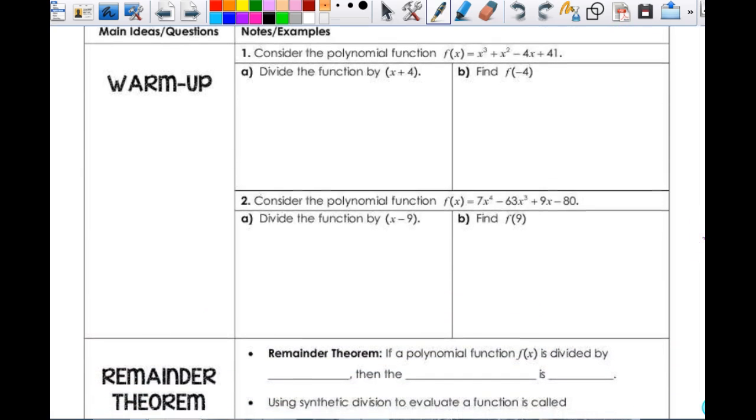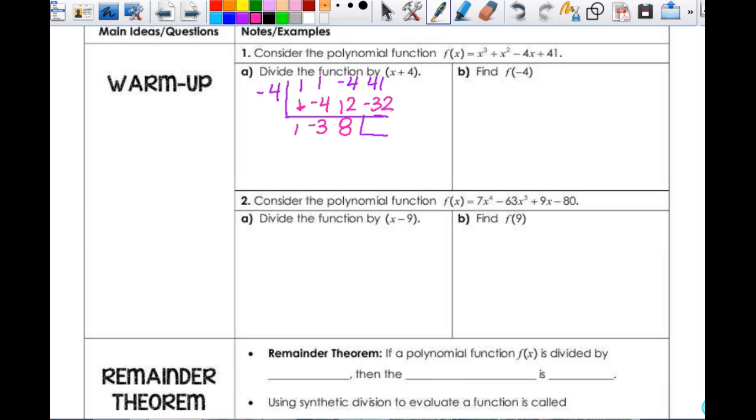So it says, consider this polynomial function, and we're going to divide that by x plus 4. Is that something we're capable of doing? Yes. Would you choose long division or synthetic division here? I would choose synthetic division. All right, so -4, and that's going to divide into 1, 1, -4, 41, like so. Okay. So then I bring down my 1, -4, -3, 12, 8,